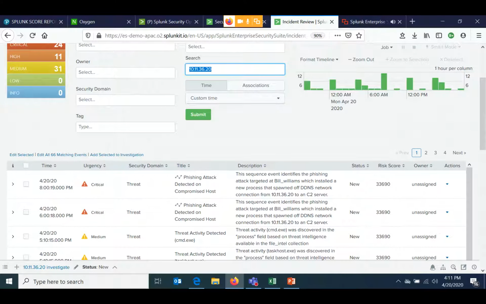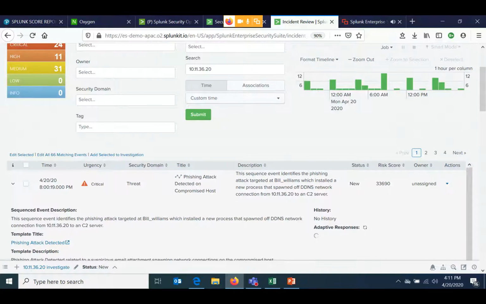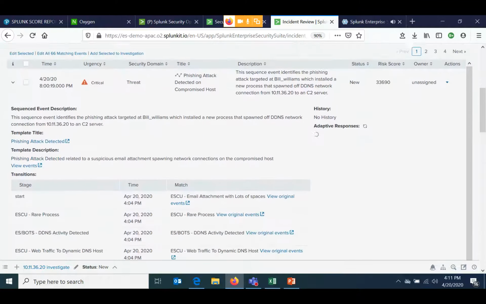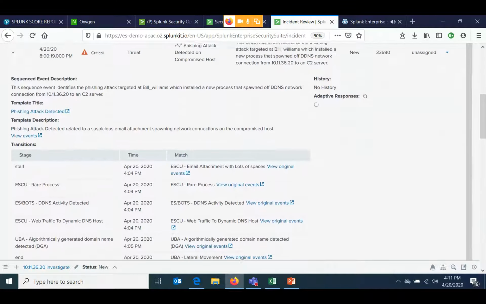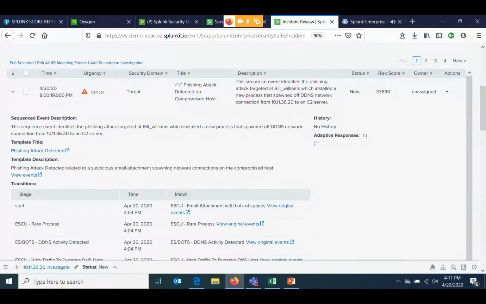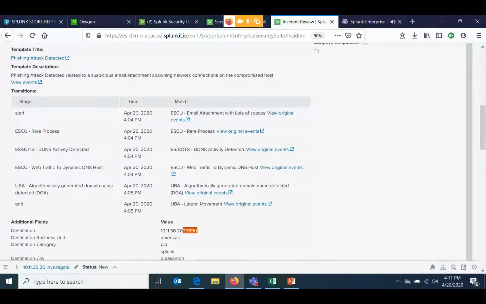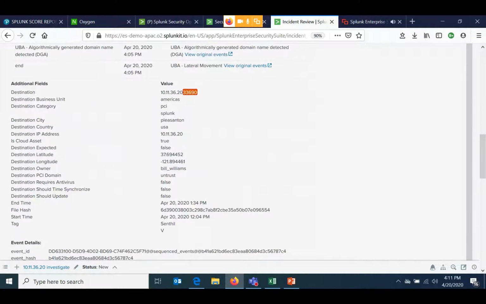There are these incidents which we call sequential events as well. So one incident occurred, triggered in multiple correlated notable events. And here are the details around the asset. You can see the asset has been categorized to PCI device,